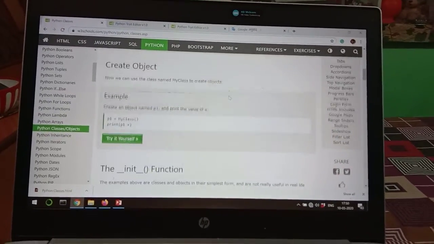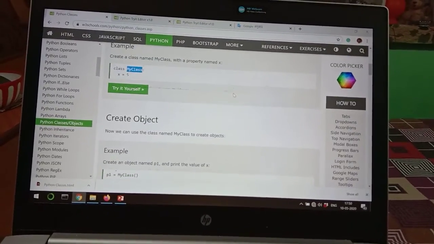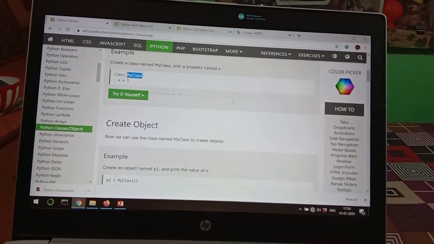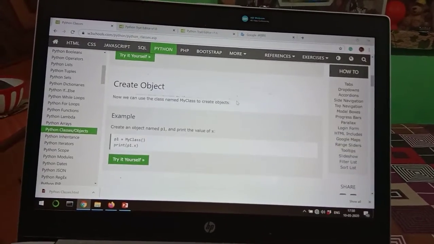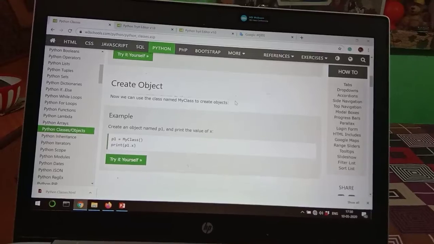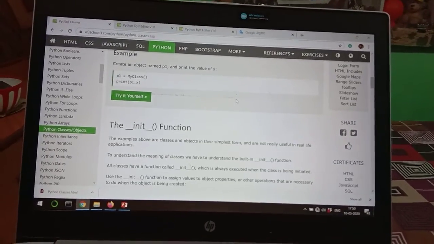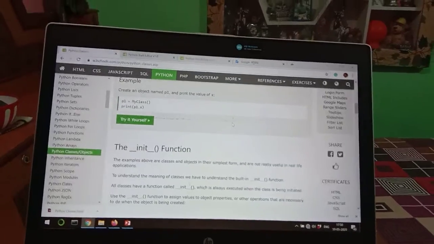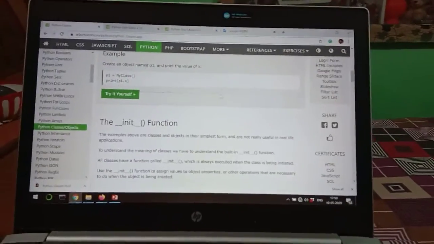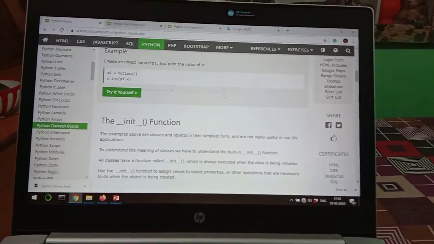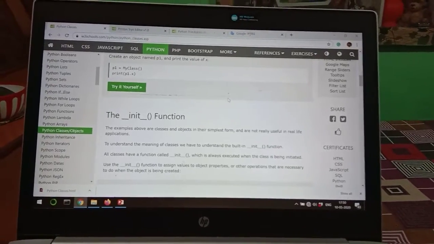The above two examples, class MyClass with x = 5, and creating an object named p1 and printing the value of x, are the simplest forms to create a class and object in Python, and these forms are really not used for real-life applications.